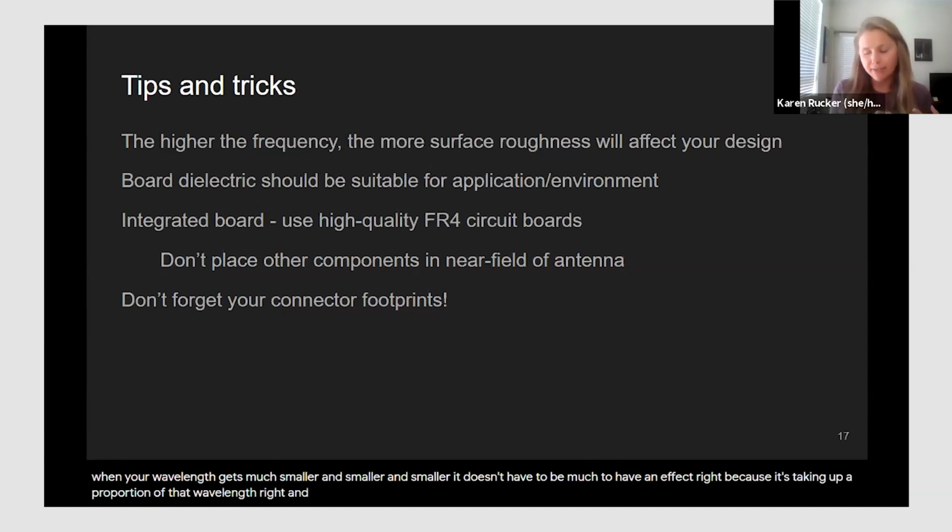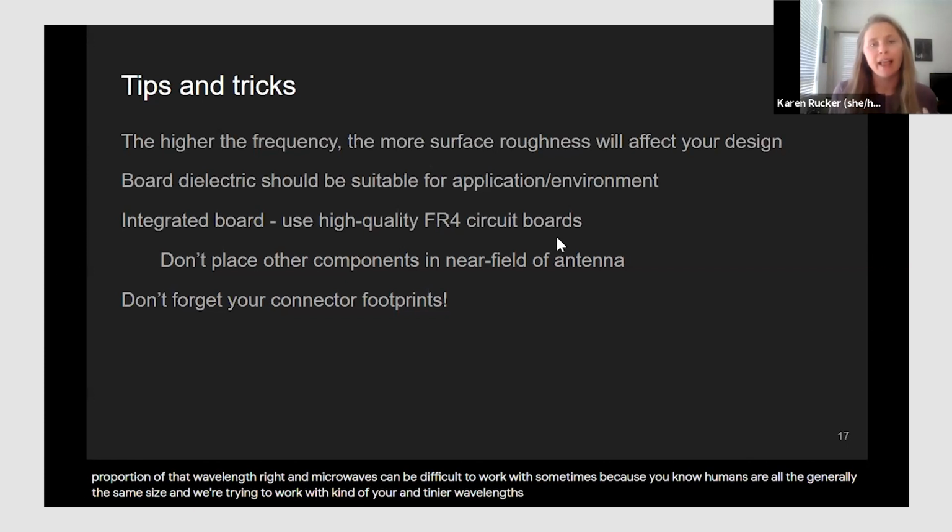And microwaves can be difficult to work with sometimes because humans are all generally the same size, and we're trying to work with tinier and tinier wavelengths. And things like surface roughness start to affect your design. Things like,